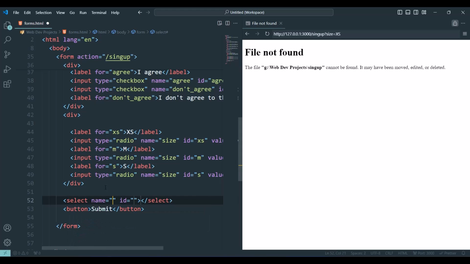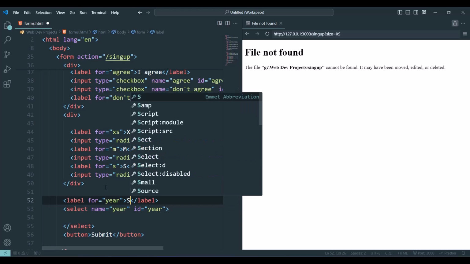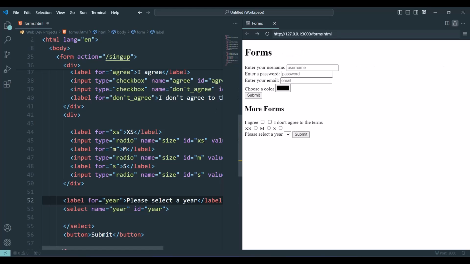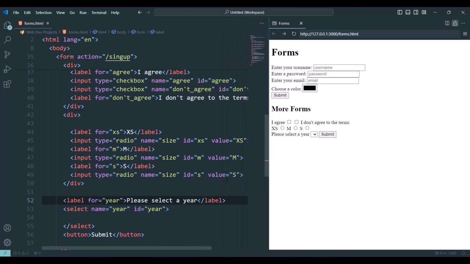The name is going to be, let's say, year, and the ID also year. Let's create a label for this select, label for year. I'm going to say please select a year. So you have please select a year. Let me push this a little bit, and here we're going to define our options, and we're going to say option,